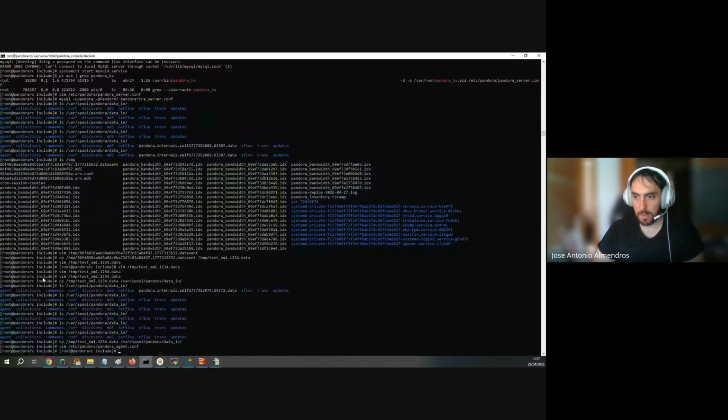Another user is valid, but not root. If we configure it like that and try to apply the changes by restarting the process,